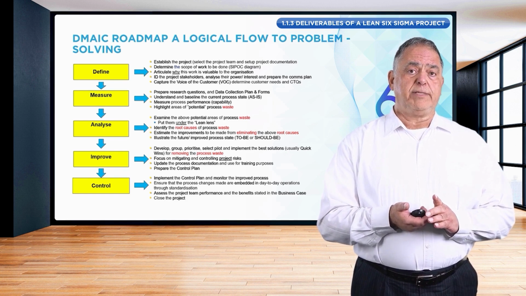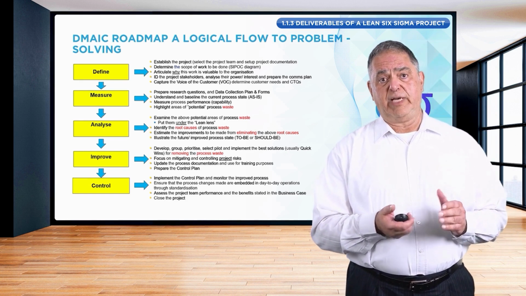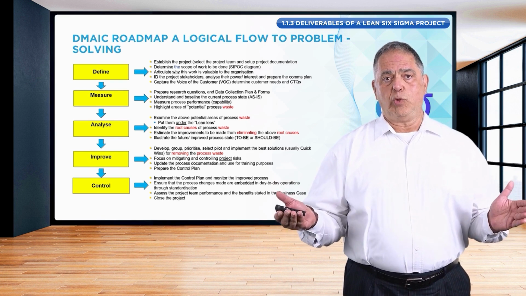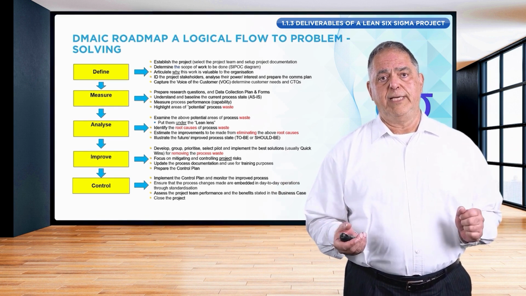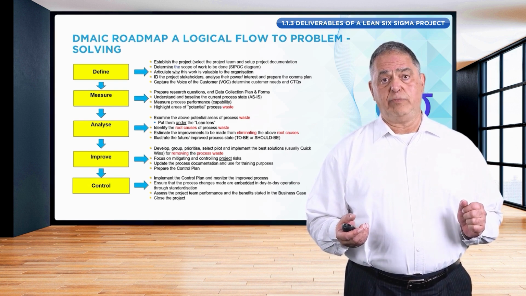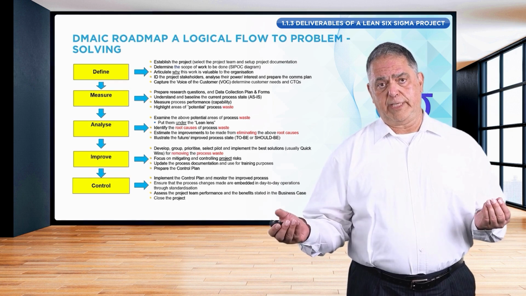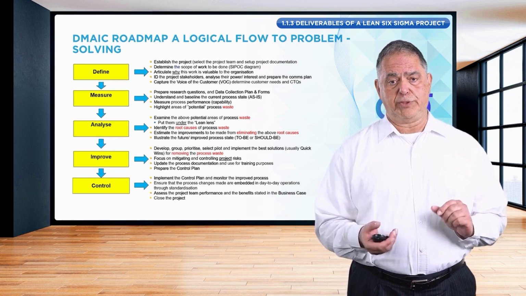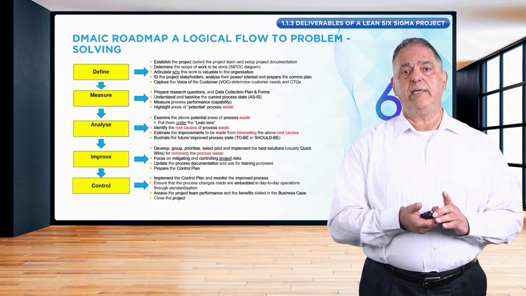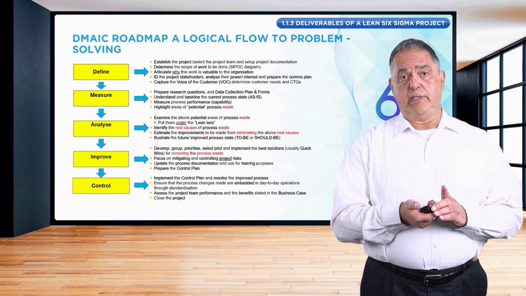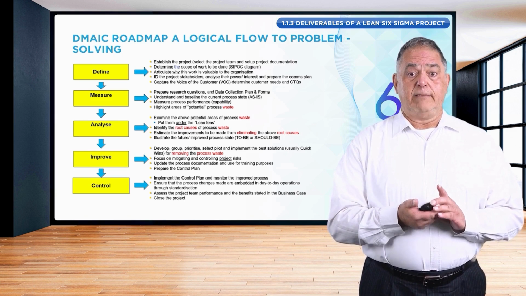The second thing is we have to scope the project. This means that we have to determine what is included in the project and what is excluded from the project. And this is typically something that has to be agreed between the project manager and the key stakeholders, especially the sponsor. We have to articulate why this type of work associated with the project is important for the business and